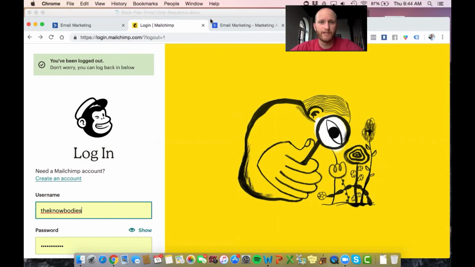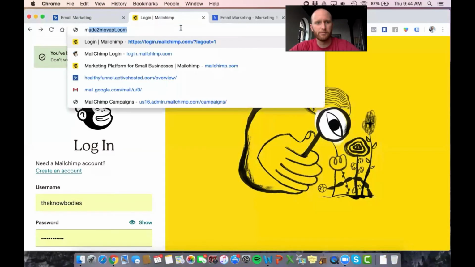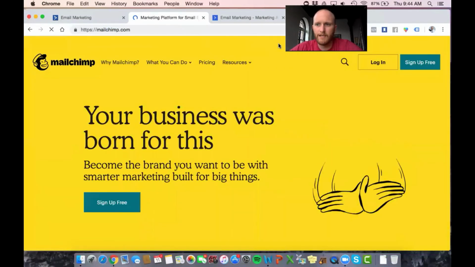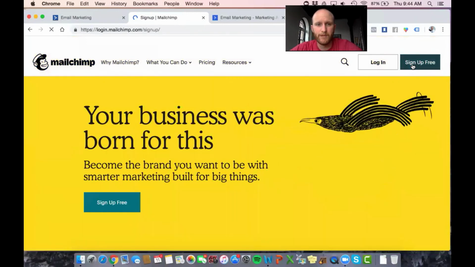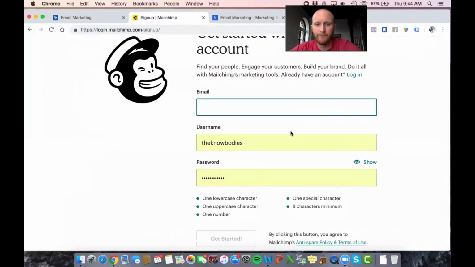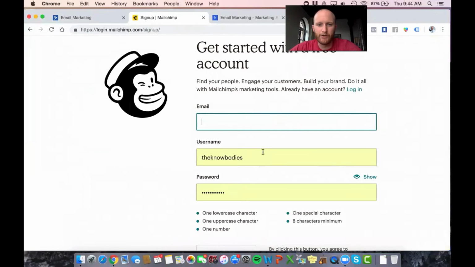So the very first thing is you want to just Google and go to Mailchimp.com. So if you Google Mailchimp.com, and then you're going to click sign up for free if you don't have an account. And what Mailchimp does is you just have to put in your email that you want, your email, your username,